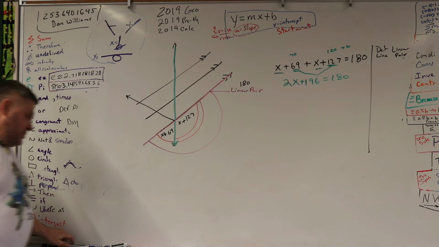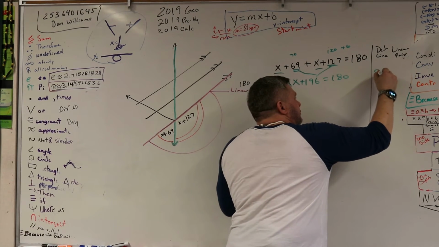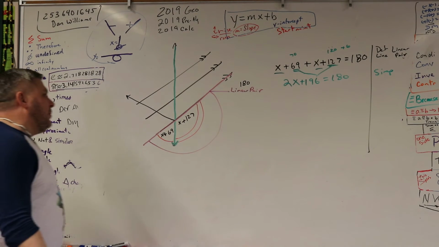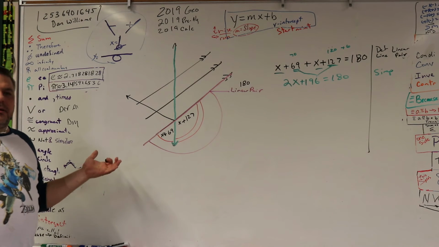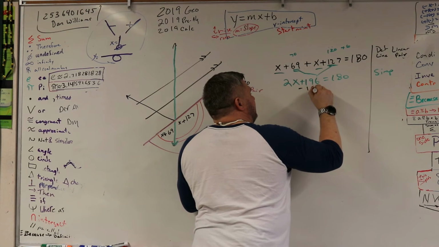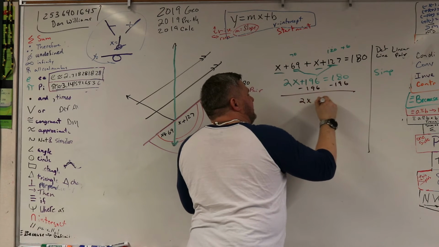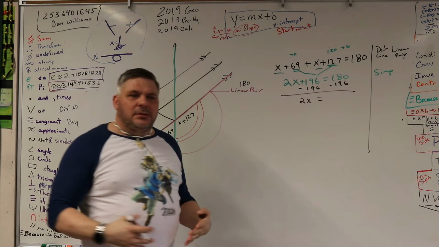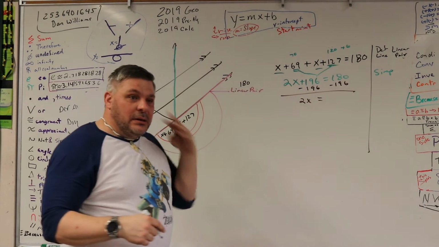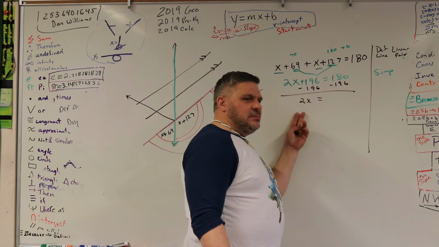Then what do I do? Oh, first of all, what is that called? Simplification, right? Simplify. Then what? Take away 196. Yeah, minus 196. 2x is equal to, well, it's going to be negative, right? 2x is equal to 2x? Well, that's true. But more than that,